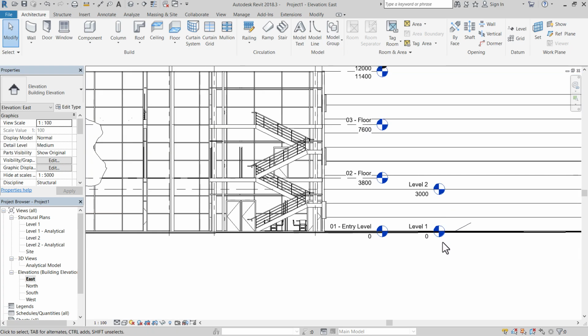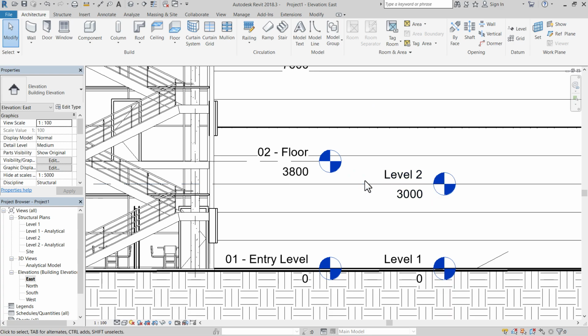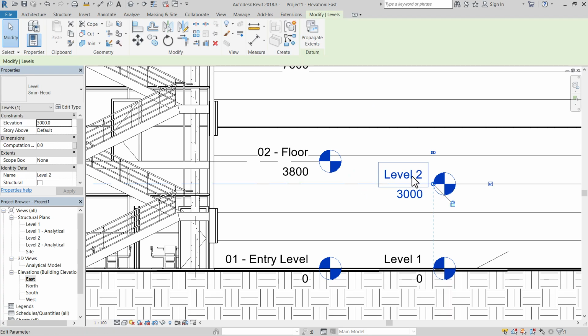In the levels there is also a jog-like shape. If we click on it, then we can change its height. And from this number we can change the height of our level. Like, we want our level to be at 3800 mm, so we'll input 3800 and press enter. The level will be shifted to 3800 mm. By clicking on its shape, we can also change its location.